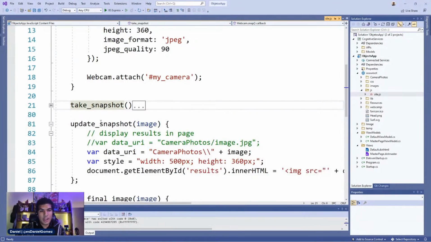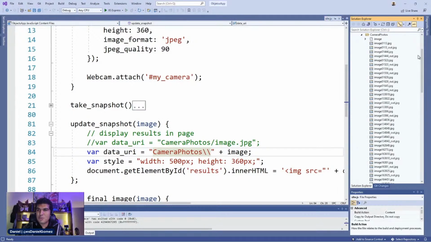And also we can consider this other functionality, upload a snapshot, that is to upload one file. All of these images, from take a snapshot or upload a snapshot, we can save in this path, camera photos in the wwwroot for static files, as you can see here. Probably as a future implementation, we can consider, for example, a storage account in Azure